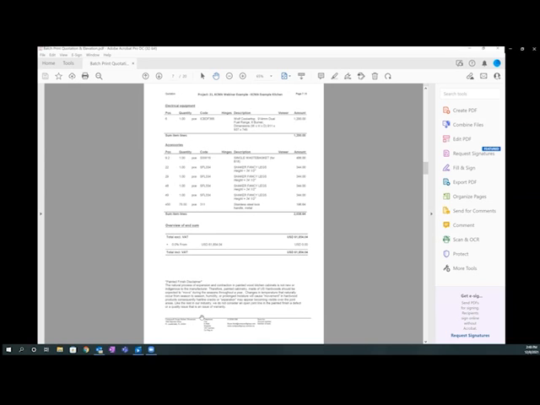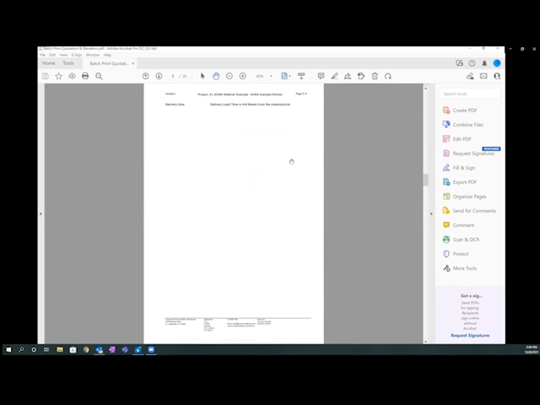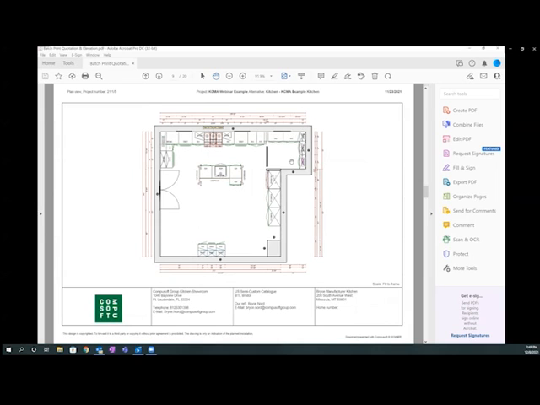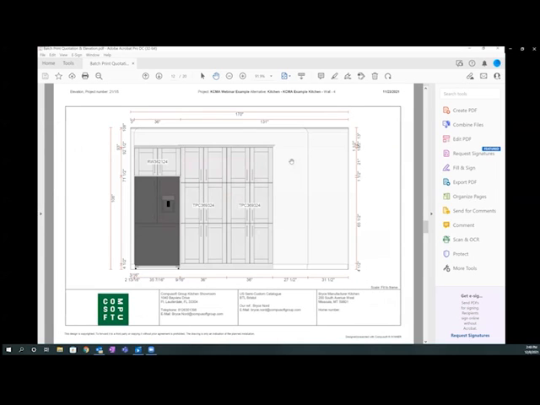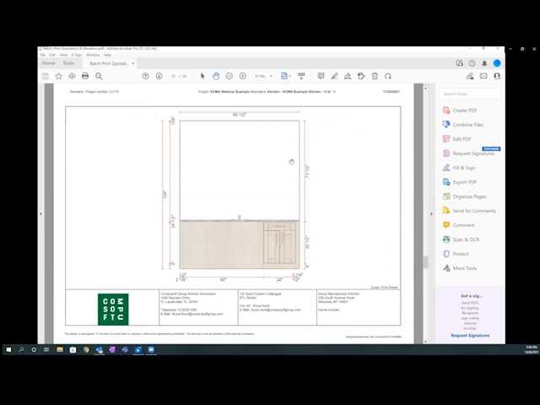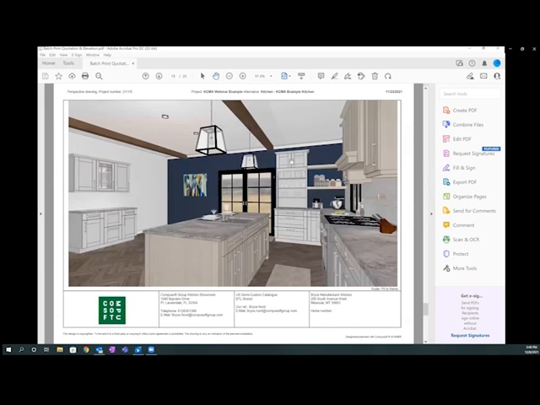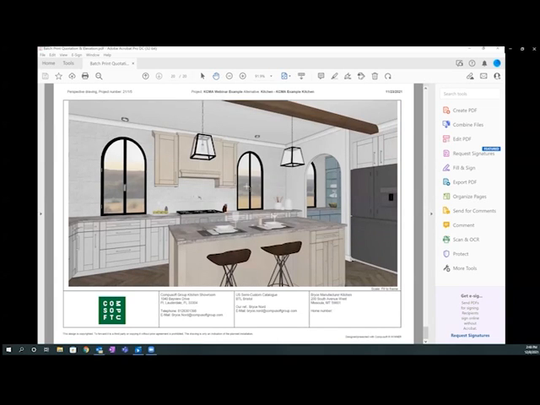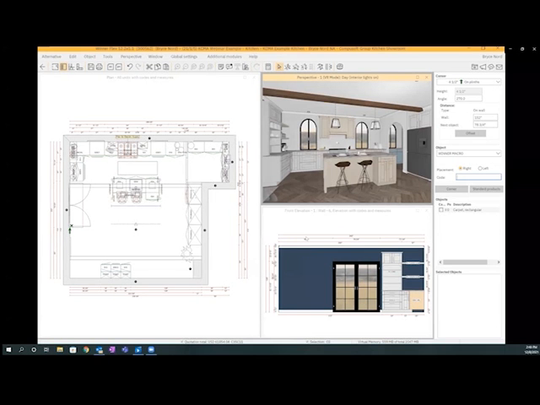So this is an example of how you can, out of the gate, try to combat some of that with customers. And then in this case, I've included this whole batch print. So you're going to see the elevations after the quote, and then the individual perspectives that I've already created for this exact design that I did for the Showcase 360 that I'm going to show you here next. But before I go back and talk through the Showcase 360 side, I want to show one more feature here,